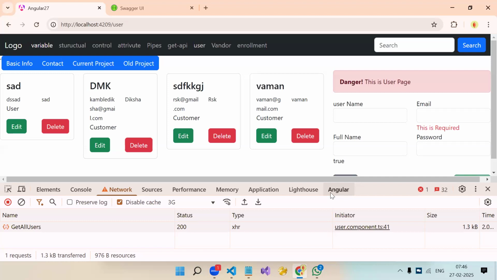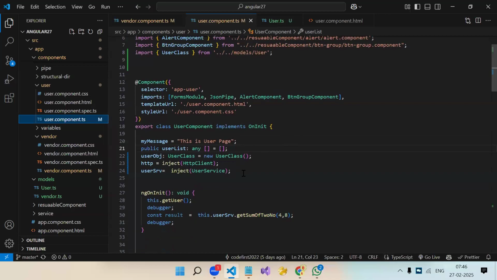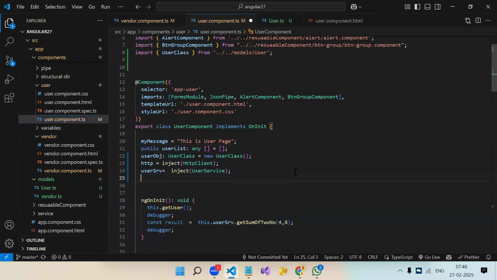You have to write code like: if API call is in progress or not. If the API call started, you have to create a variable. You will make it true, and once you get the response, you will make it false. So now you know by that variable when the API call is in progress. If that variable is true, you will show the loader. Otherwise, you will show the data. Okay. Now, we can also do this in an interceptor, for each and every API. So that will be overall for the application, not component specific, right?